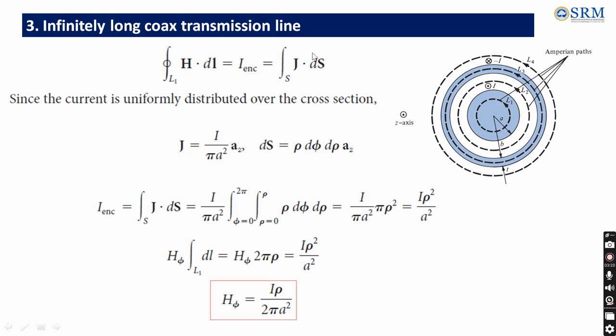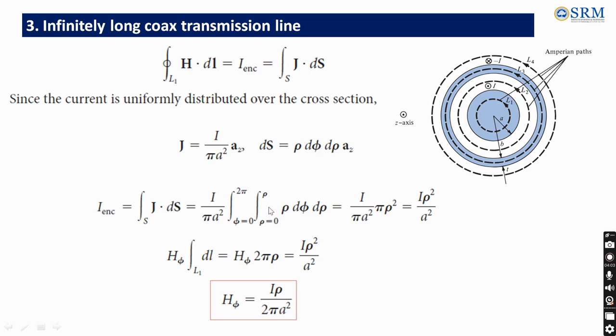Coming to the surface area ds, we have to find what is J, what is ds, and we have to take the dot product, right? The ds is nothing but, since my unit vector is a_z, the other two components of my cylindrical coordinates, rho and phi, come here. For rho it is d rho, the differential length component. For phi it is rho d phi, right? So I am going to substitute in this: current enclosed is equal to the surface integral of J dot ds. That is going to be I divided by pi a square, a_z dot a_z turns out to be 1. So I will get a double integral, since surface integral means double integral, rho d phi d rho.